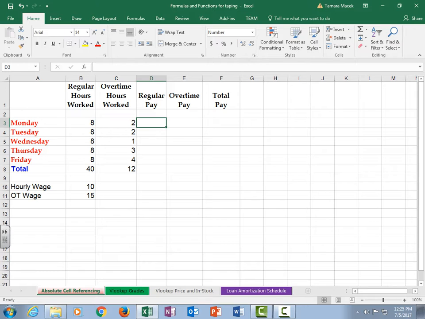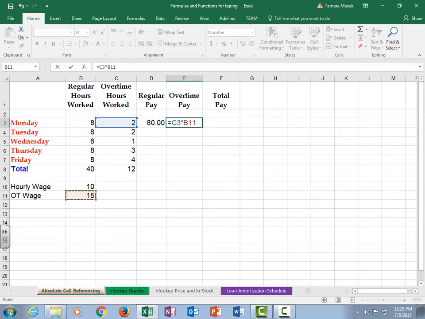So the first concept is I'm going to put in my equal sign and I'm going to say I worked 8 hours on Monday times my regular wage of $10. And then my overtime wage would be I worked 2 hours, and I'm using the point and click method, times $15 an hour. Now I'm going to take my